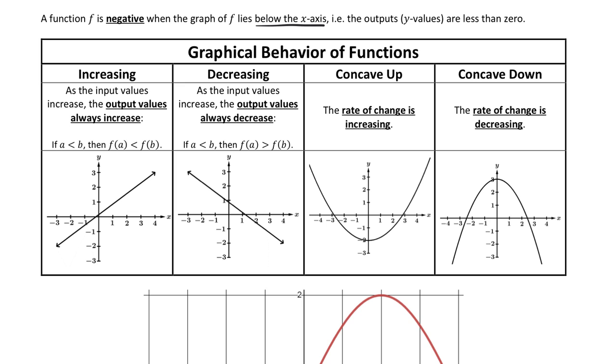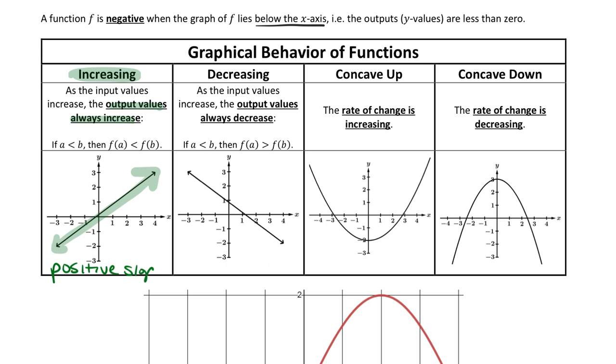What really gets different about pre-cal is that we're going to describe the graphical behavior of a function using pretty much these 4 terms. The first 2 are really simple, and we're going to do pink for this one. Just kidding, we're going to do green for this one. An increasing function, or the part of a function that's increasing, is when the output values always increase. So if you see this linear equation right here is increasing. Don't overthink it. The slope is positive, right? So we have a positive